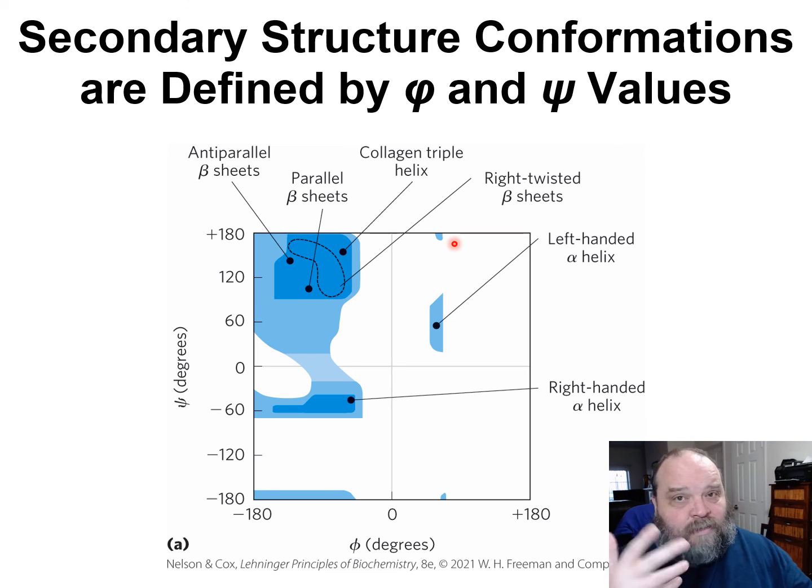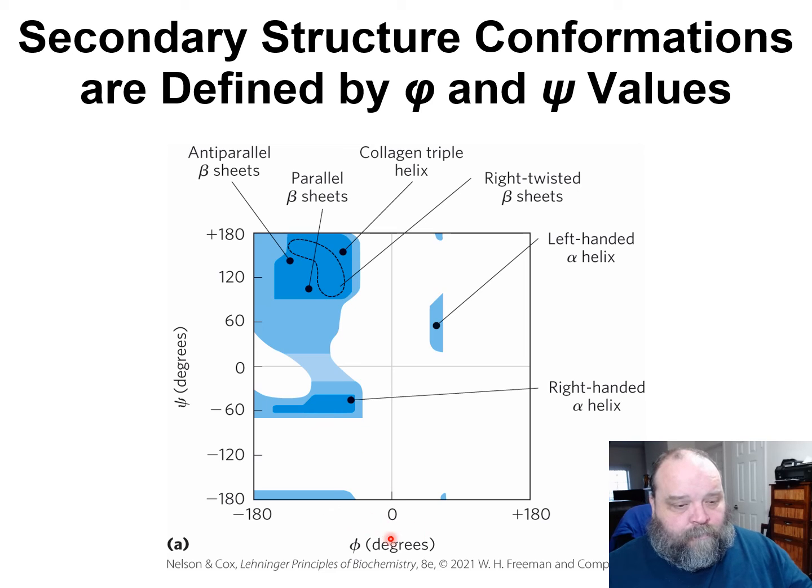There's going to be some that are just unknown. The majority are going to be here, negative phi, positive psi, or here, negative for both. Negative 60 and somewhere here in the negative 40 to, I don't know, 100-ish in the psi,